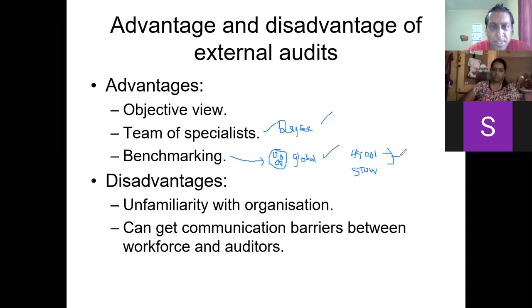So some further advantages, if I could put one in this side here. I guess a further advantage is that the external person would have the time, because that's what they are being paid for, right? They don't have anything else to do. They would have been paid to come and do an external audit. So they can take the whole day. They can take 3 days. In the case of STO it takes about 5 days, right? So they can take the time. They don't have anything else to do. That is their job, right? To come and do an external audit, right?